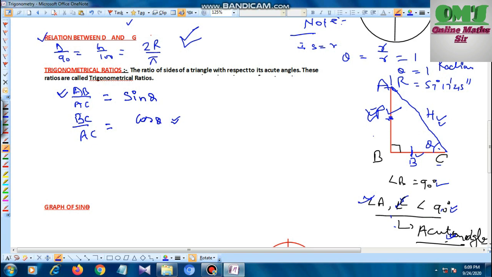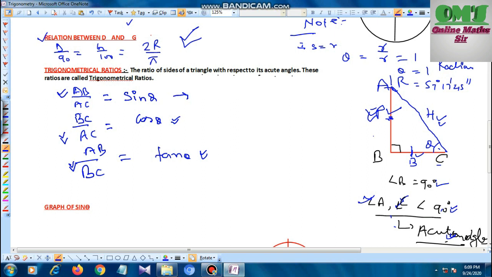So these sin theta and cos theta, and another ratio is AB upon BC. This is equal to tan theta. So these are all trigonometrical ratios. These are called trigonometrical ratios. So BC upon AC, AB upon BC, these are trigonometrical ratios. And three more trigonometrical ratios are